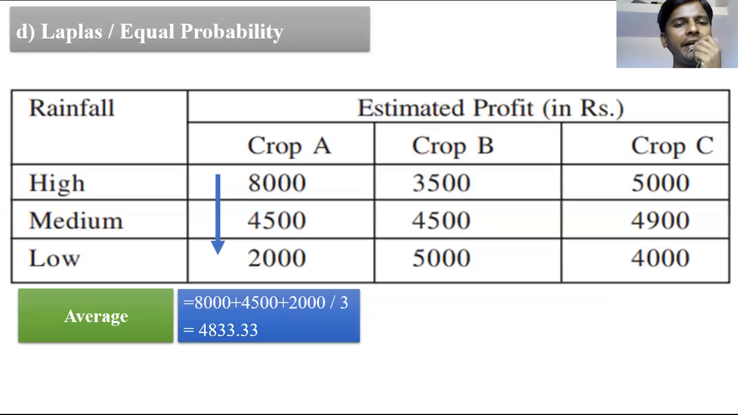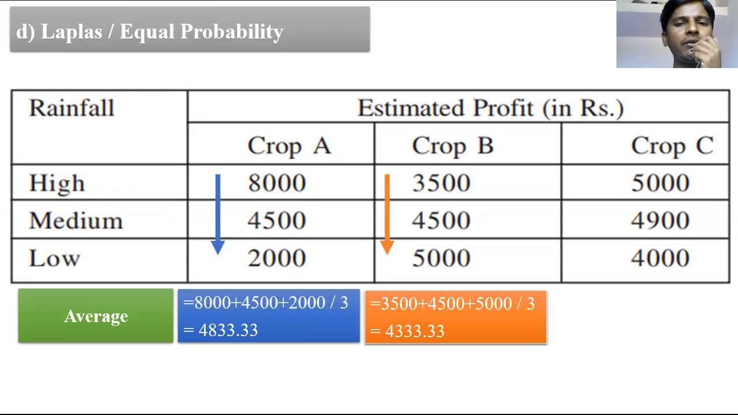that is 4833.33. For crop B, again we need to calculate the average: 3500 plus 4500 plus 5000 divided by 3, that is 4333. In the same way we have to calculate the average for crop C: 5000 plus 4900 plus 4000 divided by 3,